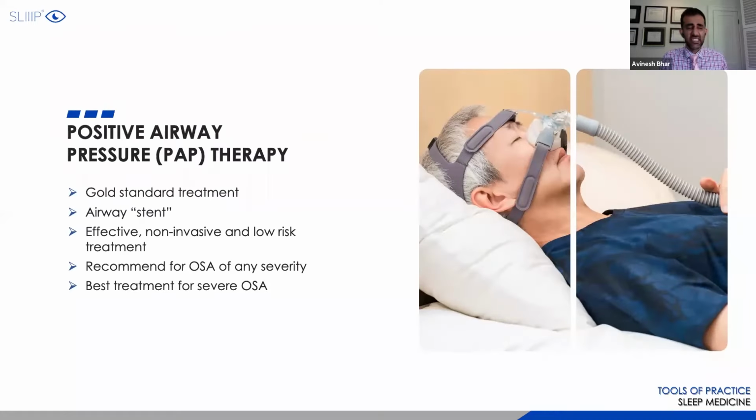Positive airway pressure, it's really a sophisticated or a fancy reverse vacuum cleaner. What it does is it pushes air in to keep your airway open. It doesn't actually help you breathe. Patients sometimes are like, well, I don't want to be dependent on a machine to breathe. Well, the reason is it actually just keeps your airway open. It doesn't truly help you breathe. The patient has to breathe in and out on their own. The ventilation is their own. All the pressure that's applied is to try to keep the airway open so they don't have an obstruction.